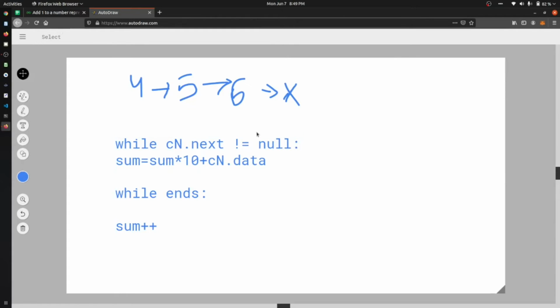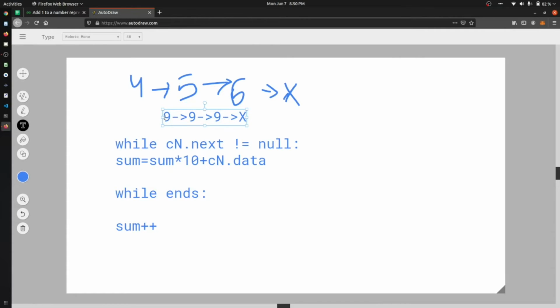But the trick lies in that, let's say we have a number as 9 followed by 9 followed by 9, and it is pointing to x. In this case how will we add that?